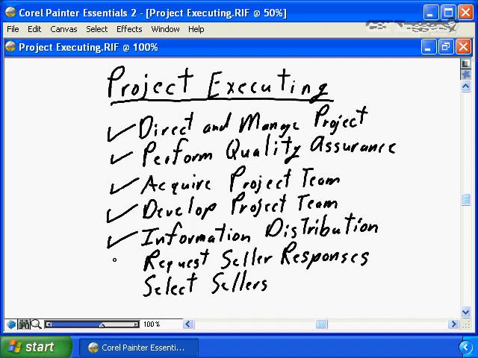And finally, in terms of project execution, project management activities, we have request seller responses. If there are components that your project needs to purchase, services, supplies, materials, consultants, whatever components need to be purchased to satisfy your project requirements, it's your job as the project management team to go out to the market, to identify the market, to alert the market to your requirements, and then to help the sellers provide qualified responses so that you can ensure you're getting the best products at the best prices, the best services at the best prices